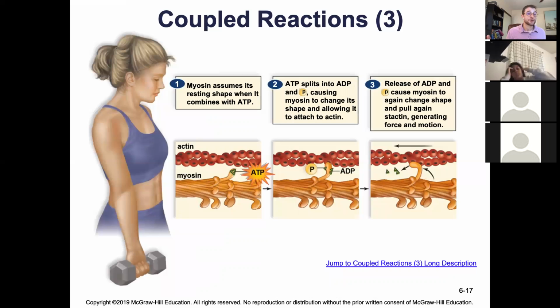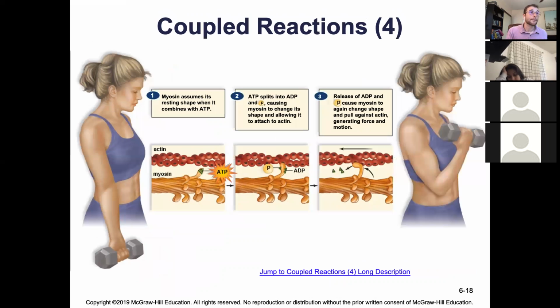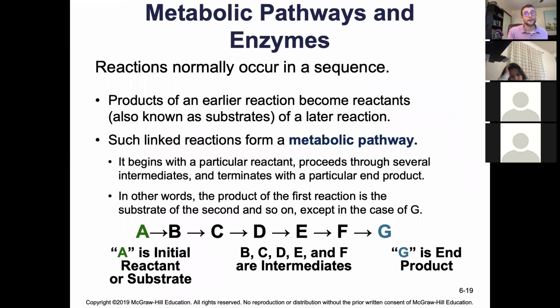The ATP initially changing the shape, releasing its phosphate so that it can attach onto this actin, and then releasing the ADP so that it folds back and pulls. Then once it pulls again, it will release from the actin, and it can restart. That's how you lift things. All muscle physiology is pulling and relaxing, or contracting and relaxing. Every single muscle is contracting and relaxing.